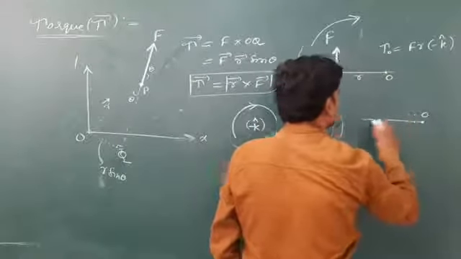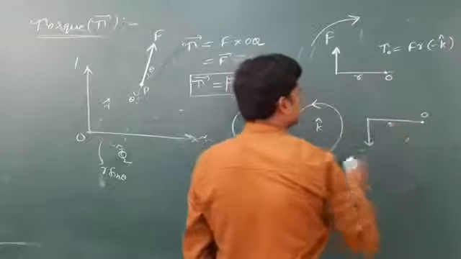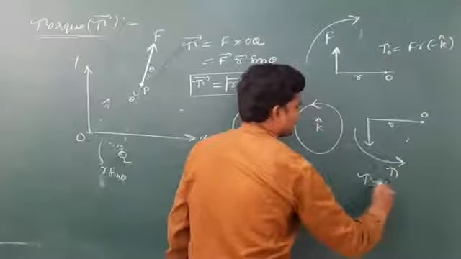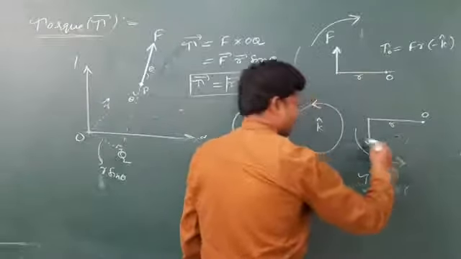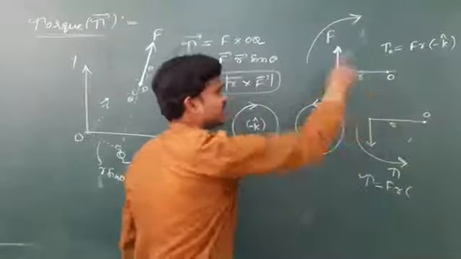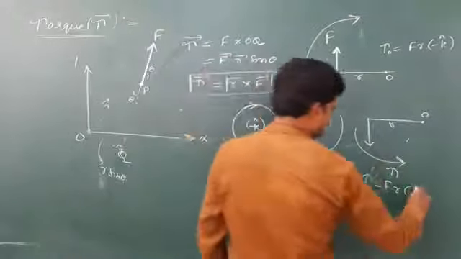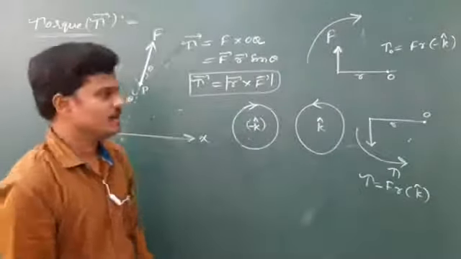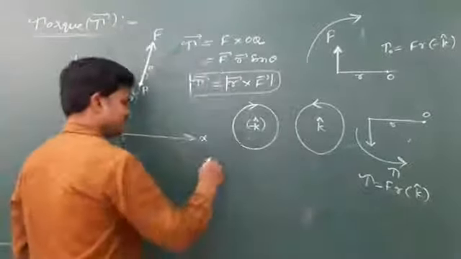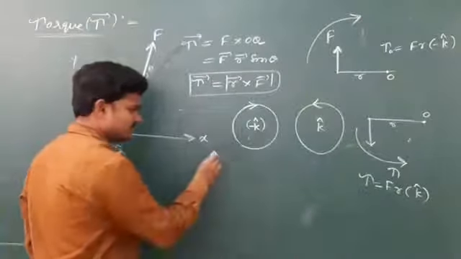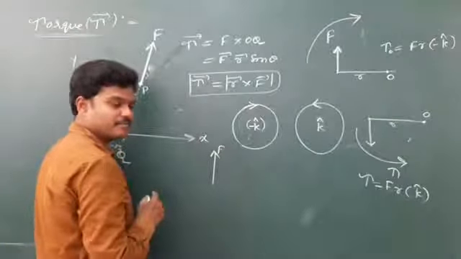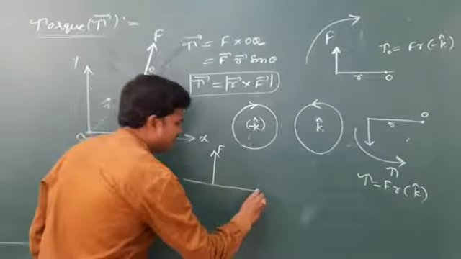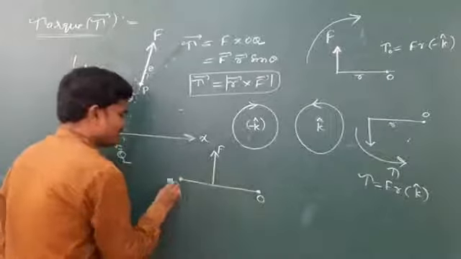Sometimes O is here, the force is in this direction, and R. The common expectation is the body rotates in this way. Now the torque here is F into R, anti-clockwise. Feel that this is in the xy plane up to now. So plus k cap newton meter, or out of the board. In the simplest way, my suggestion is that you better remember it like this. See, this is the direction of the force. I am telling this in a simple way for our convenience only. Conditions apply. Here this is the point O and this is the point O.